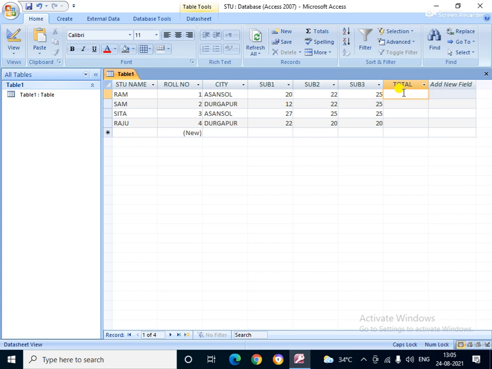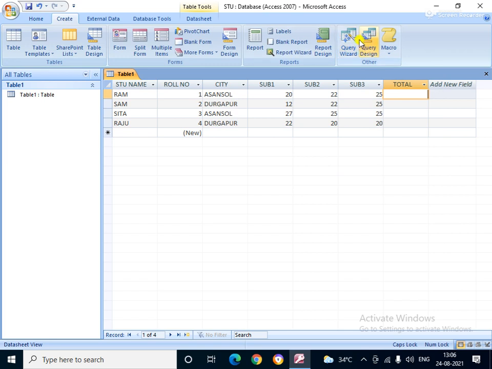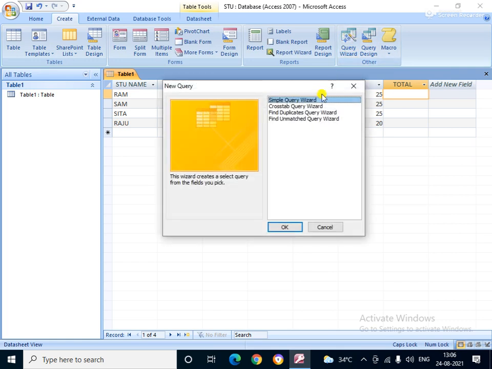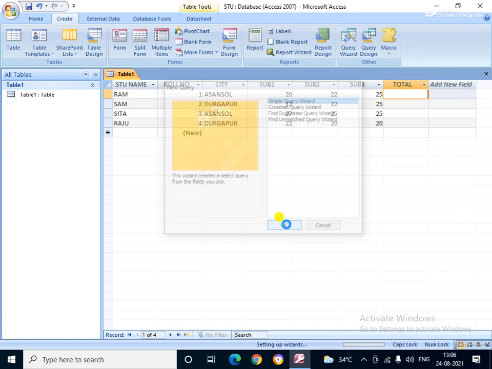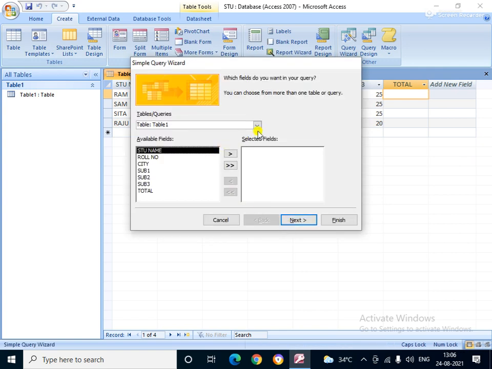Now we are going to add the numbers. Now how to add the numbers? Using the query option. Just click on the create option. See here the query wizard is there. Here is the simple query wizard. Then click OK. Okay, now select Table 1 from there, because here there is only one table, so only one table is appearing.